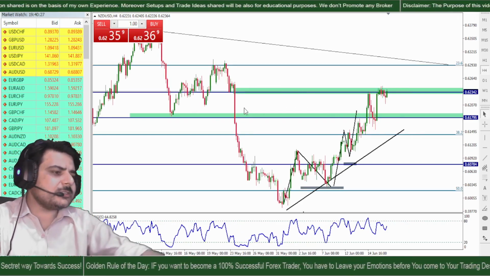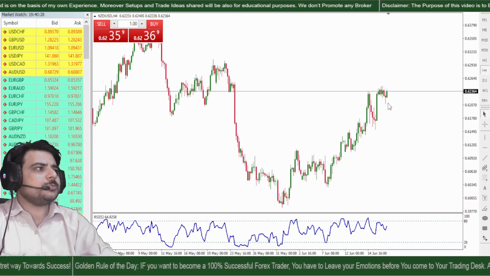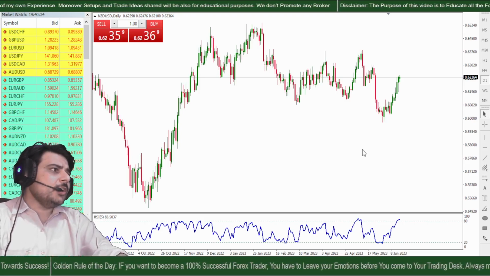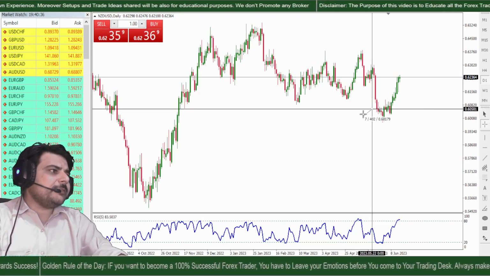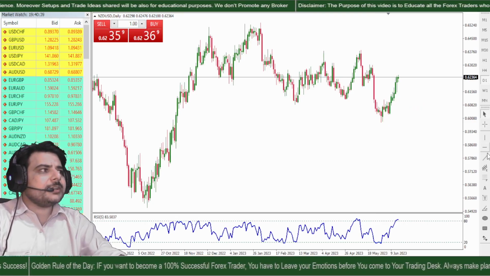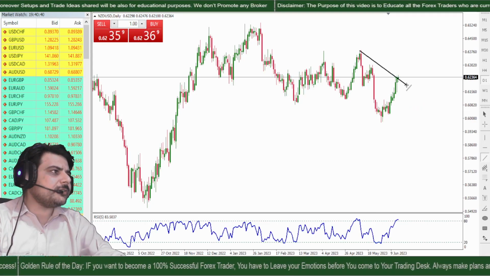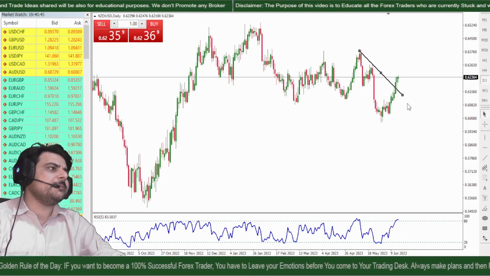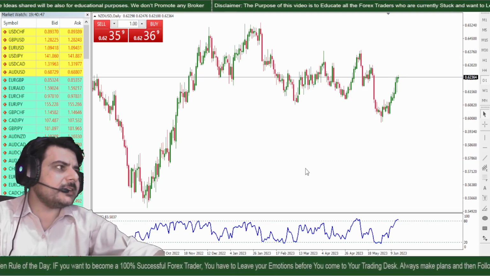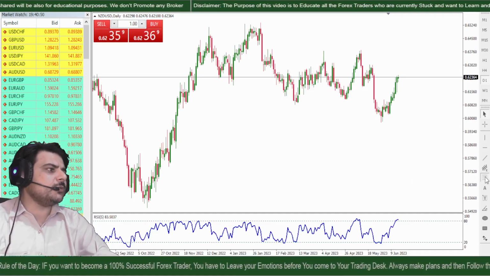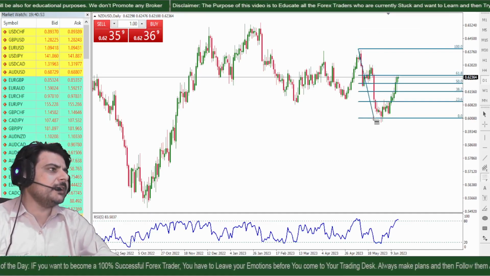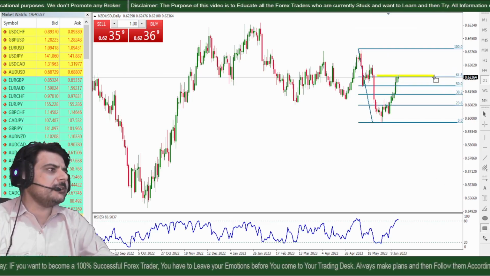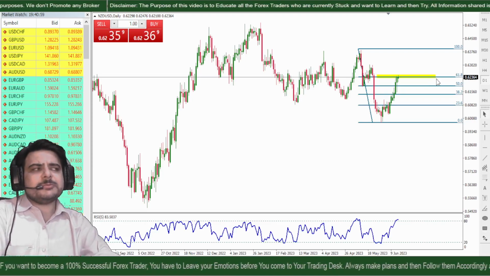So New Zealand US dollar, I want to delete everything now, since new fresh levels are going to form right here. Well, market created a very nice lower low right here, followed by this trend line. You can say it's almost like a broken retest, and the market is continuing back up. So let's run my Fibonacci right here. The Fibonacci zone is almost right here, which is clearly a sell zone, but doesn't seem very nice for a sell,